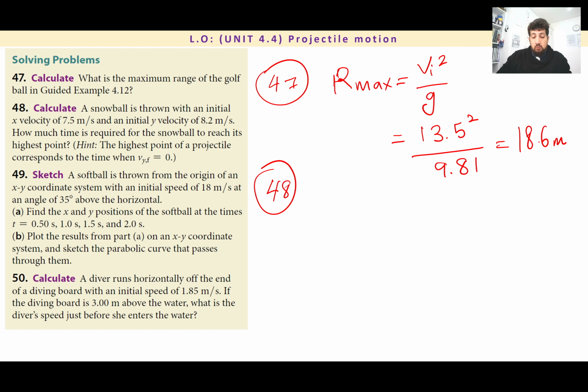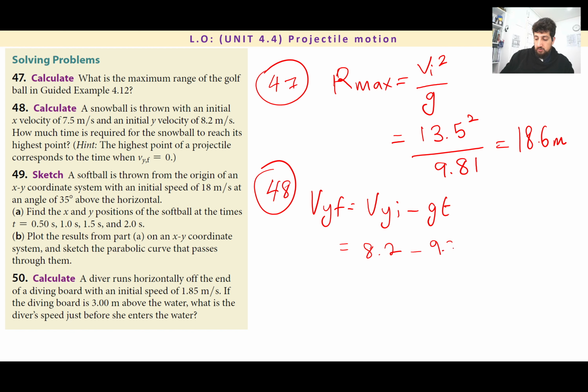So we just need to work out when will vyf equal 0. That's what we need to work out. When will vyf equal 0? So let's have a look. For this question, it doesn't even give us an angle, does it? Nope, there's no angle. So it's going to be even easier than I thought. vyf is vyi minus gt. So the initial velocity in the y direction was 8.2